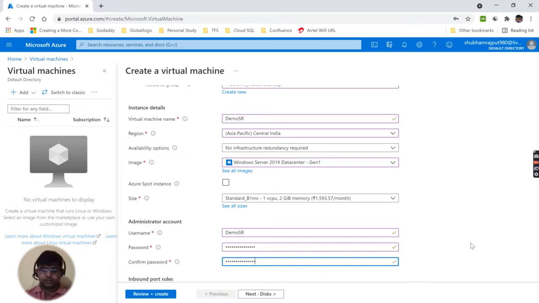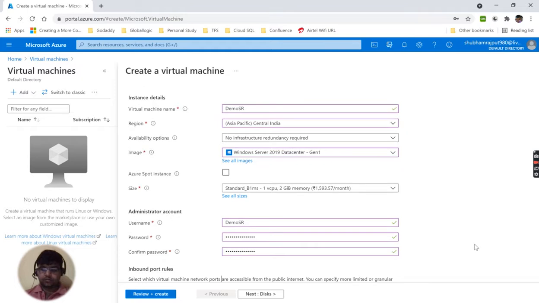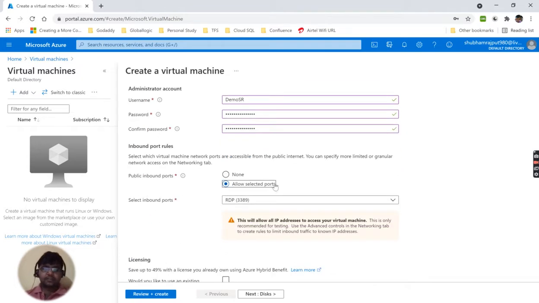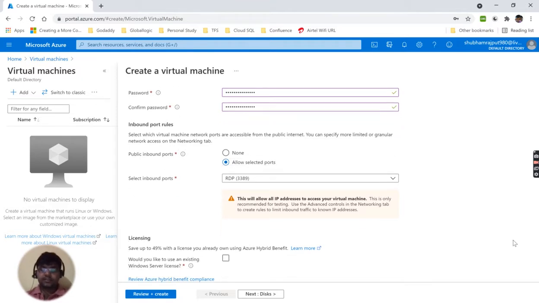Okay, if you come down, we will see that there is an inbound port. Basically, what is an inbound port? Allowing the inbound port is for taking a remote connection, MSTSC RDP, of your virtual machine. So I'm allowing it. Licensing: if you already have a license of Windows Server 2019, you can register from here, and you have to provide your key.